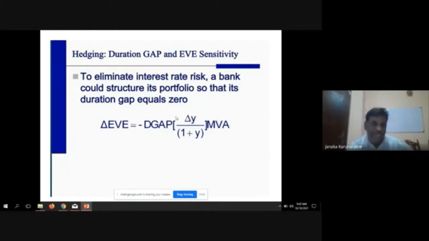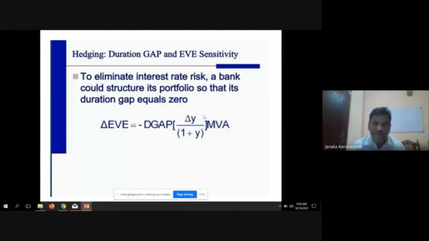Remember, that is what we learned. Okay, but that is practically difficult. But if you can do it, you are fine, right? So how do you do it? Change in equity value equals minus D gap. Remember, we learned duration gap when we use the duration formula, (DA minus k·DL) times delta y divided by 1 plus y,